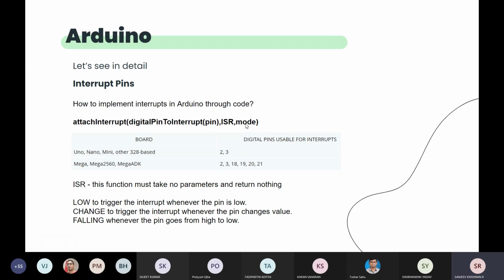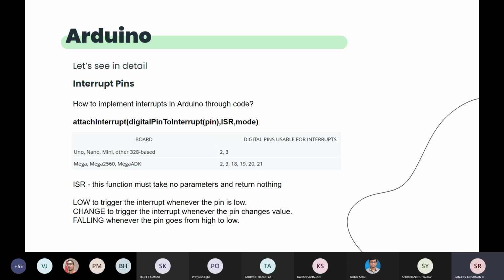We will define it here. You can understand it like this: attach an interrupt to this particular pin, maybe pin number 2, and whenever an interrupt is happening, call this ISR, do this ISR, and when this ISR is over, come back to the previous flow. And this mode tells when: if it is low, then only call my interrupt whenever my pin is going from low to high.